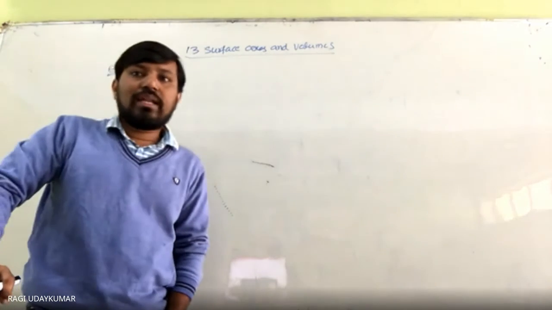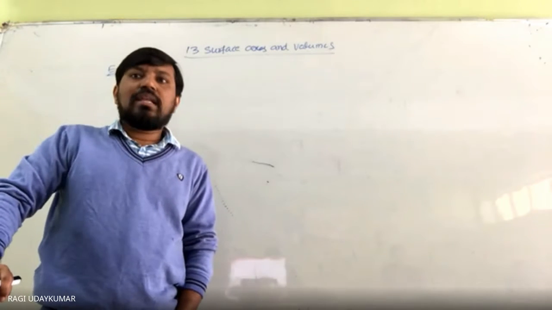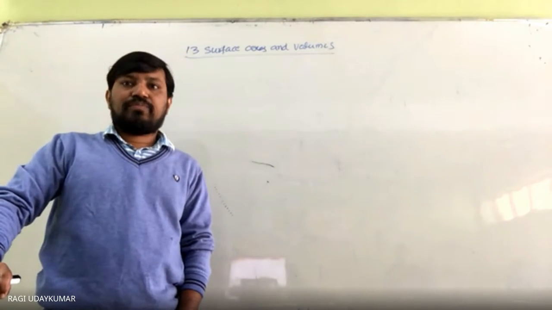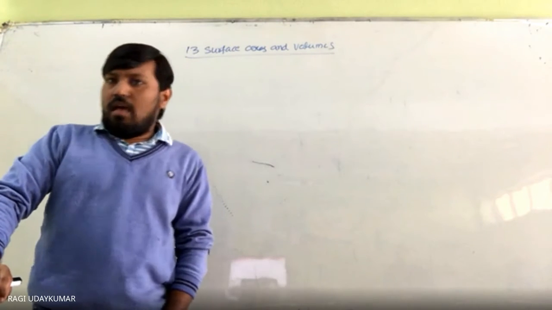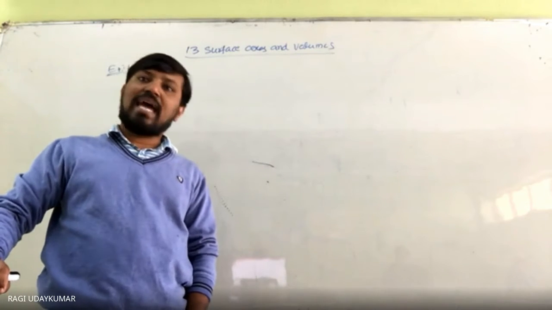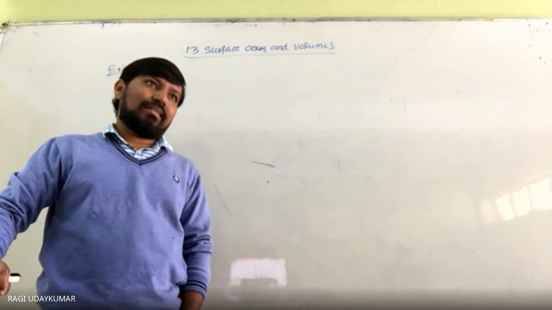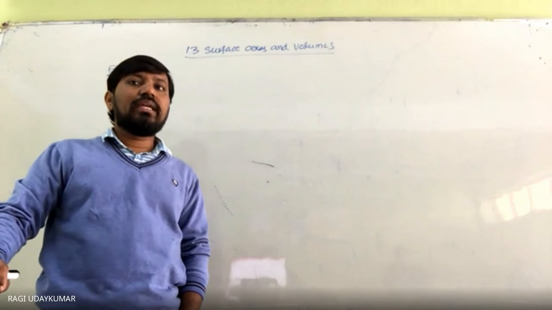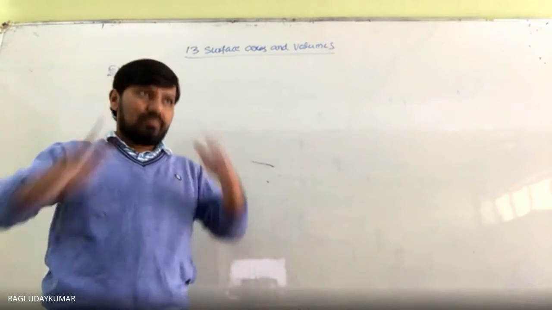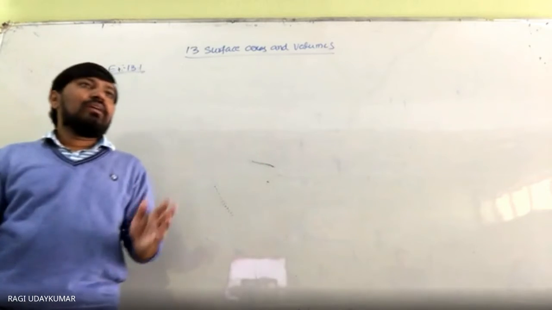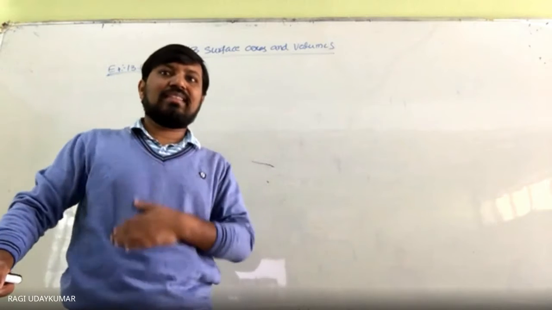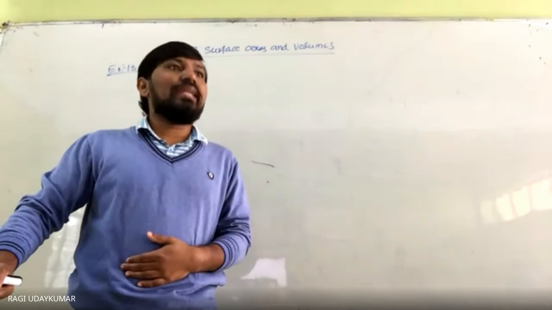Sixth question: a small indoor greenhouse is to be made entirely of glass panes, including the base, held together with tape. It is 30 centimeters long, 25 centimeters broad, 25 centimeters height. So what is the area of the glass? It is to be made completely, so total surface area only; length, breadth, height is given to you. And the last question in this: how much tape is needed for the 12 edges?